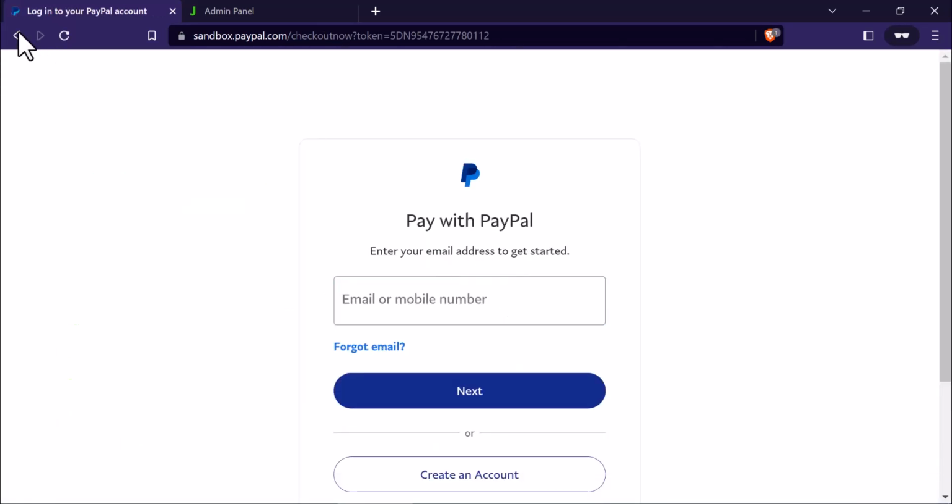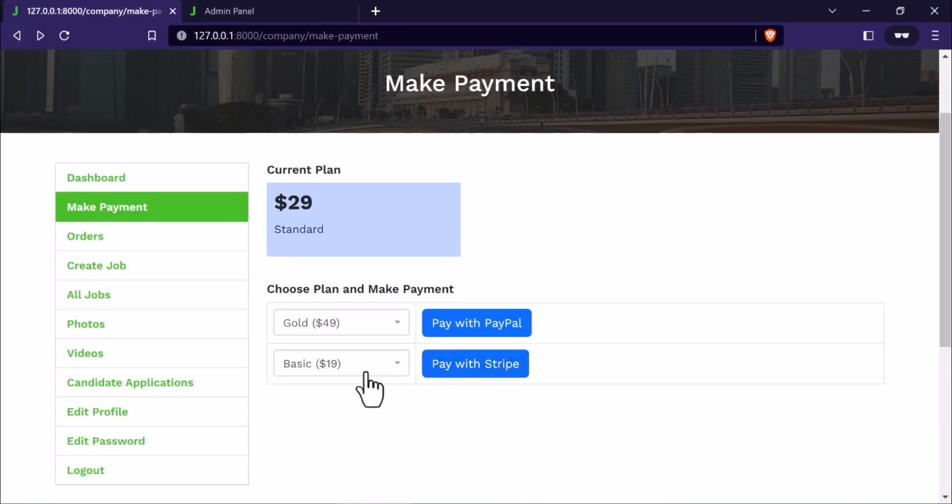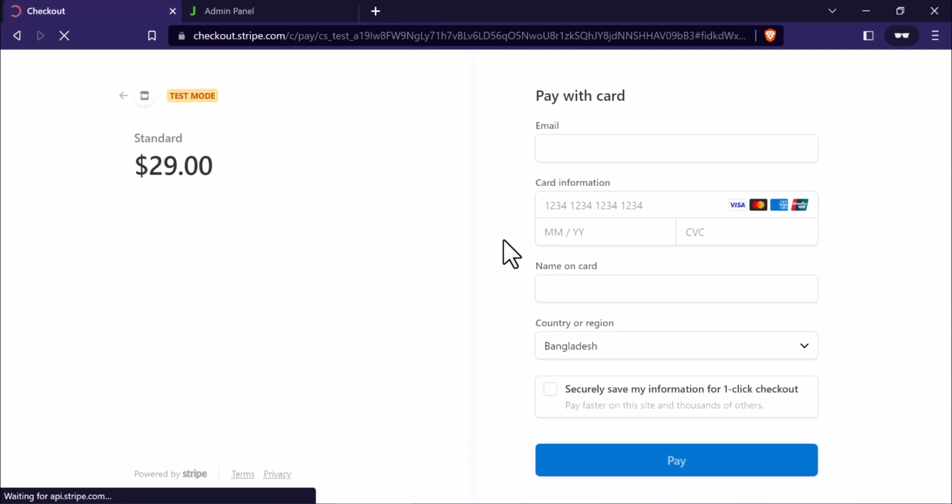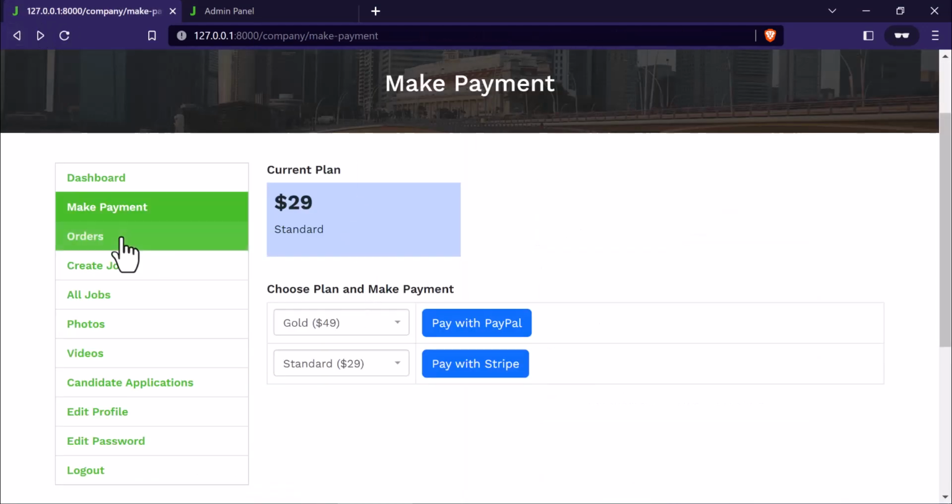So he is going to be taken to the PayPal page. If he wants to pay with Stripe, he will just select a package and click on pay with Stripe. Then he will be taken to the Stripe checkout page. Going here, he can easily give his card information and pay. This is very easy, and I have implemented this system very easily,